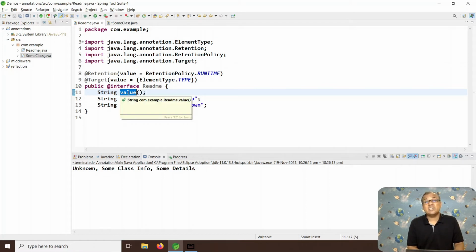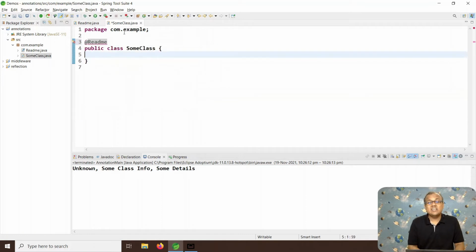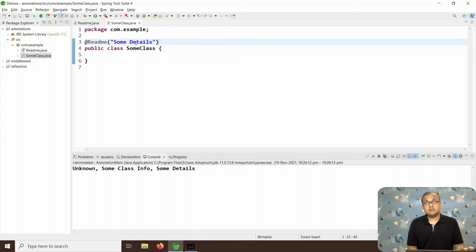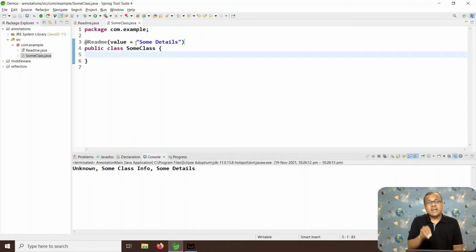So this member is mandatory while applying the annotation on any class. So I can write over here some details or whatever you wish to. Again, by default, this is assigned to the value member. Just to make it readable, you may write value equal to explicitly. However, at this moment, I have not given other members, so their default values will be considered.